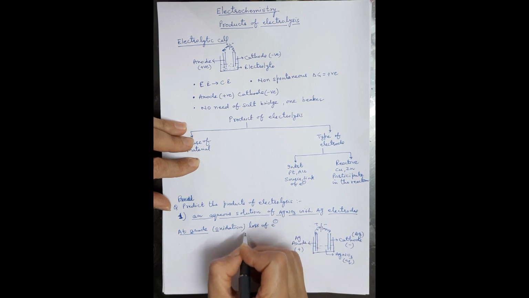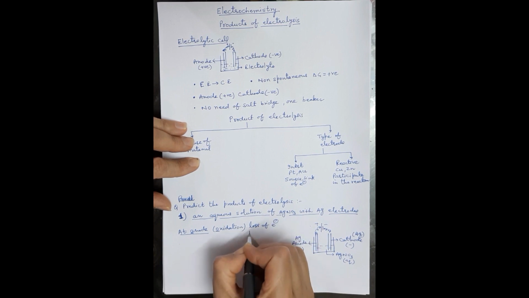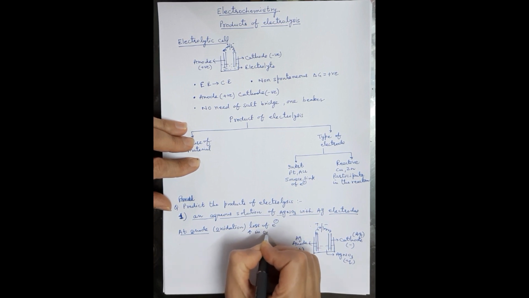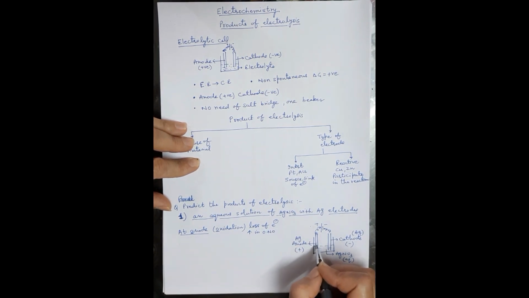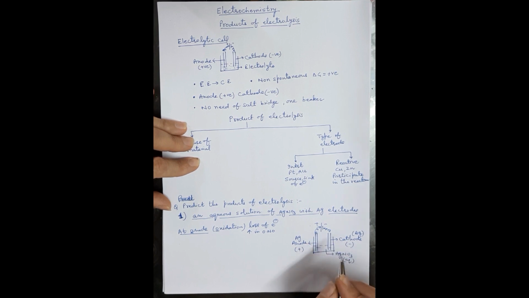I have told you earlier also, it is also about increase in oxidation number of the substance. What happens at anode? If you remember in class 10th also you have done this electrolysis process. As you pass electricity, silver nitrate will ionize into silver ions and nitrate ion, and some reaction is occurring at anode and cathode. Silver is not an inert electrode, it will participate in the reaction.